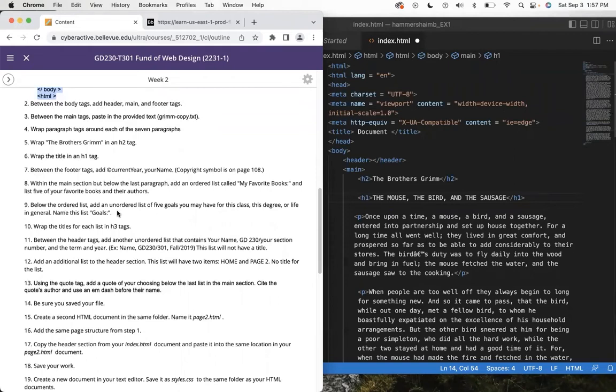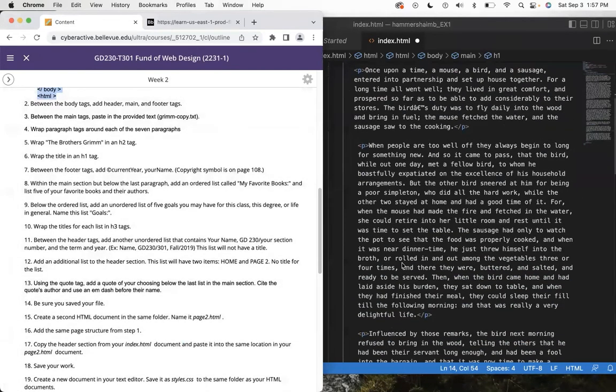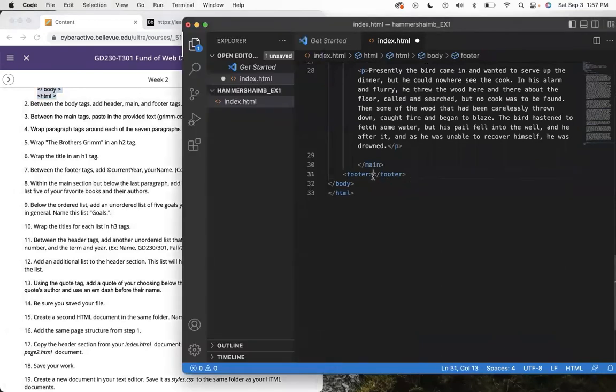the copyright, current year and your name, and the copyright symbol is on page 108. So, oh man, I don't have that presently, so let me stop sharing for one second so I can grab it. You all will be consulting page 108. I will be consulting my own code plan. And also I will say that